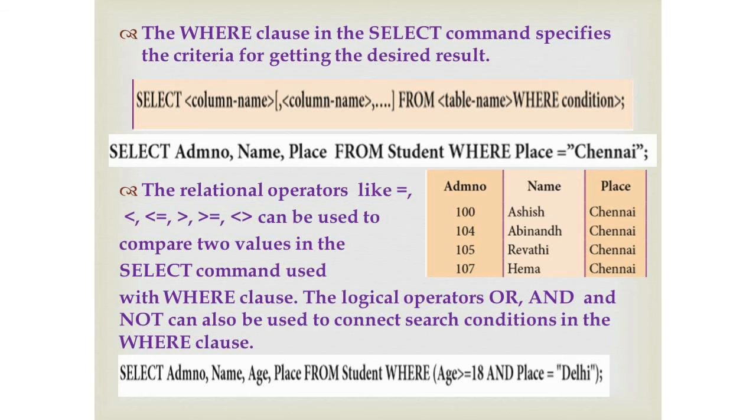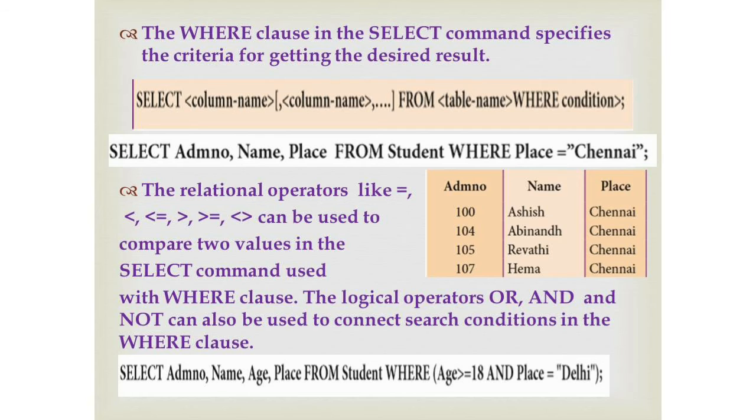So you are going to display these three columns of data: admission number, name, place from student. Student is a table name. Where is the where clause. This is a condition: place is equal to Chennai. Based on this condition only, the admission number, name, place of the particular students will get